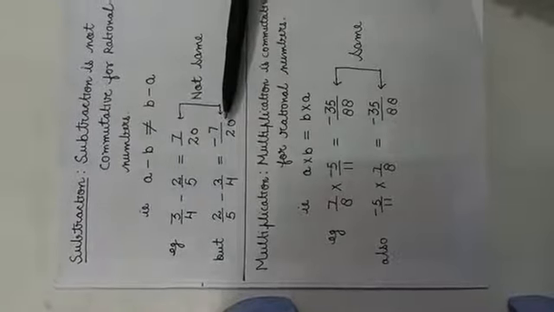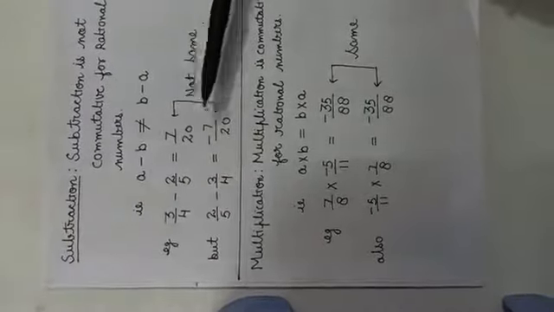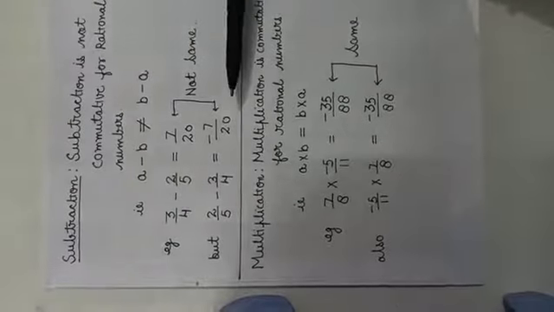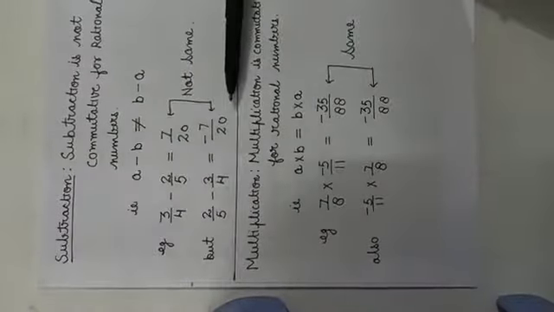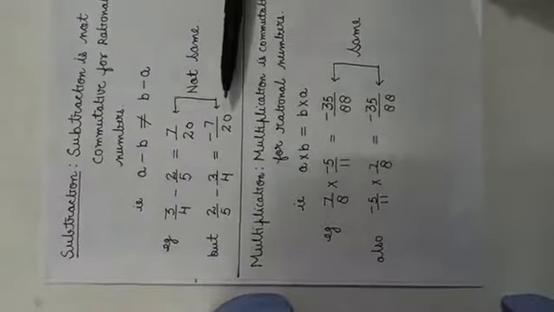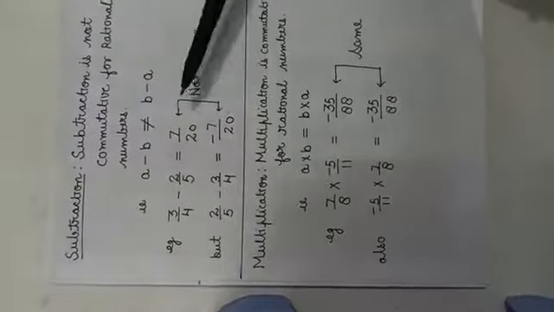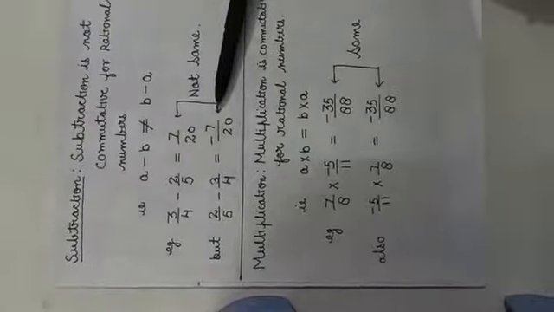Clearly these two are not same. One is positive, one is negative. These are different rational numbers. Here the subtraction is not getting the same answer. So in the question we have to take care which number we have to write first and which number we have to write later. Otherwise the answer will get changed. So we can say the subtraction is not commutative for rational numbers.